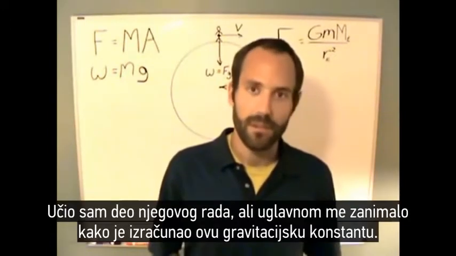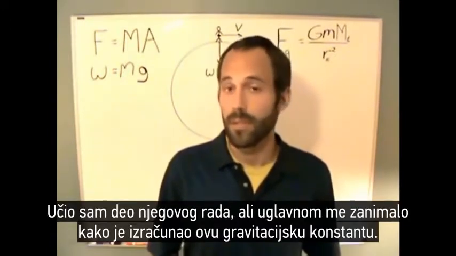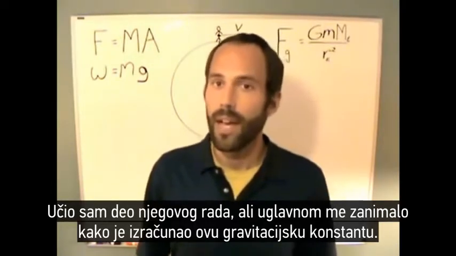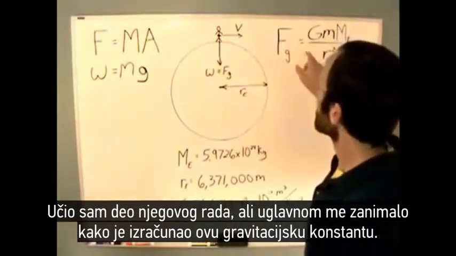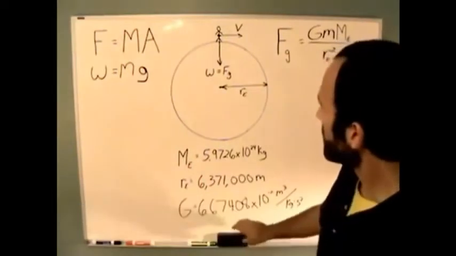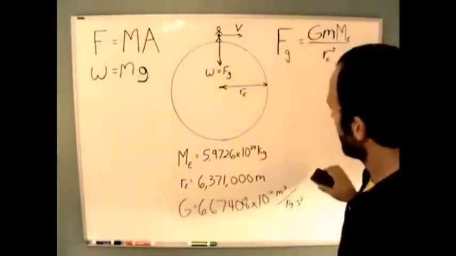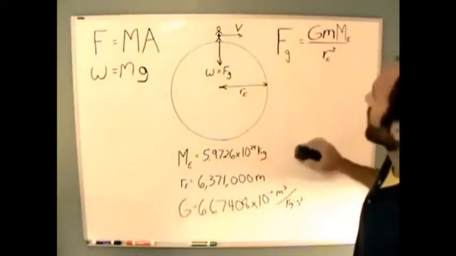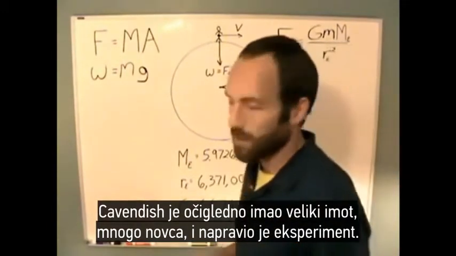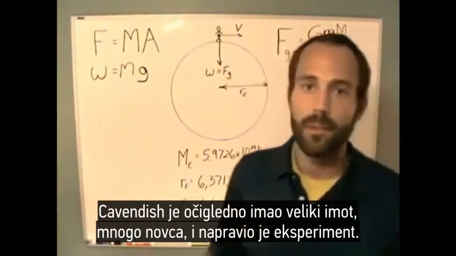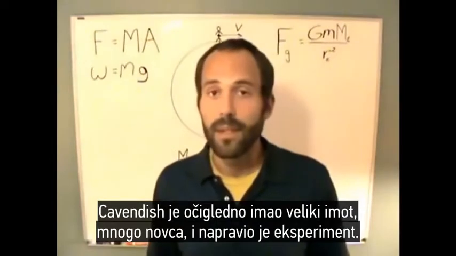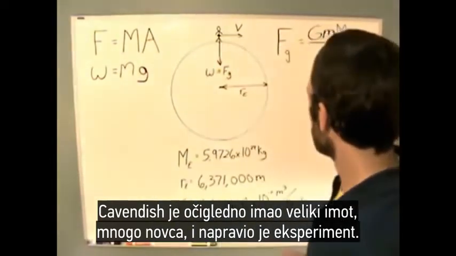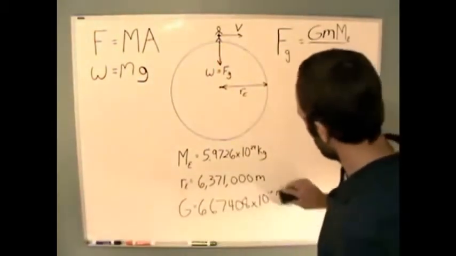And I studied some of his work, but mostly what I was interested in was how he determined this gravitational constant. Cavendish apparently had a lot of property, a lot of money, and he set up an experiment where,